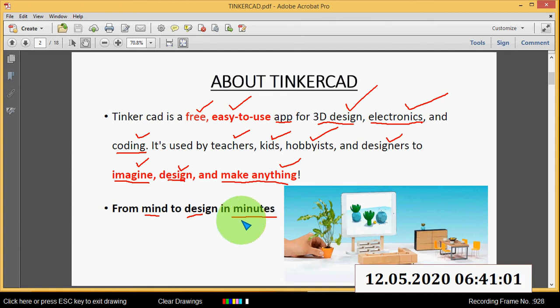Suppose you have an idea in your mind. For example, if you have an idea to create a skating board, you can convert that idea in your mind to a design within minutes with the help of Tinkercad.